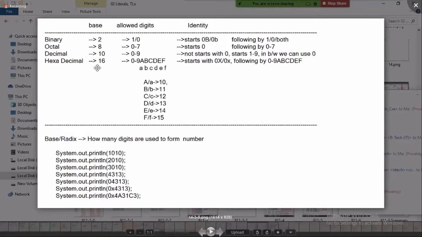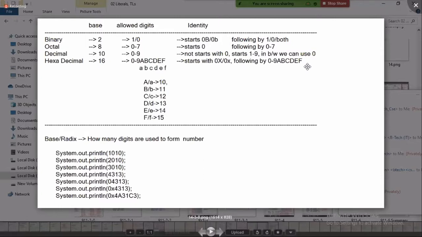Understand? A hexadecimal literal starts with 0x or 0X, followed by 0 to 9 and then 10, 11, 12, 13, 14, 15. But if we write 1, 5, it is considered as 1 and 5, not as 15, not as 13, not as 14. That's why after 0 to 9 we use A, B, C, D, E, F. These letters represent 10, 11, 12, 13, 14, 15. If I use F in the program, it is not considered as F, it is considered as 15. We can use either capital A to F or small a to f, no problem.